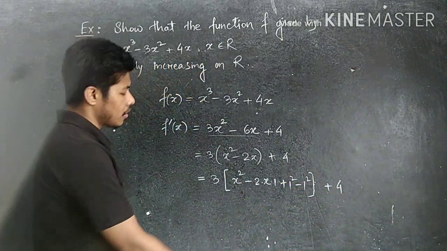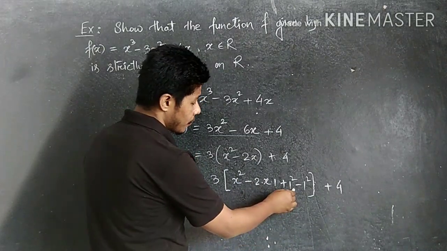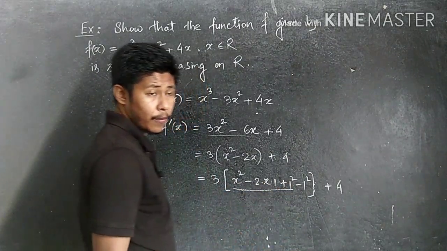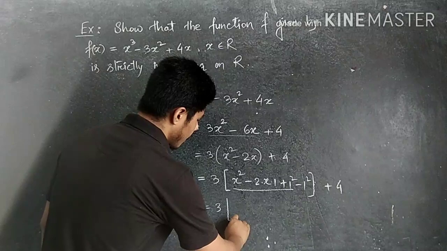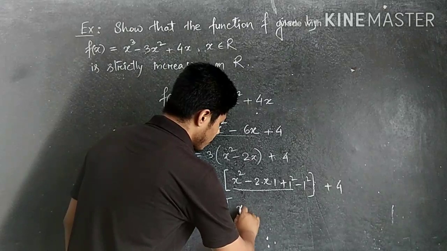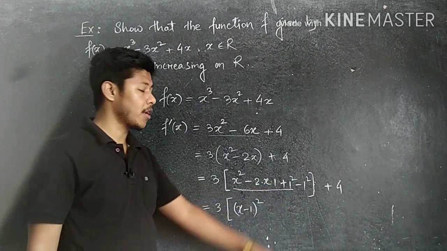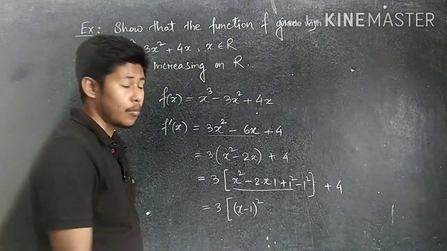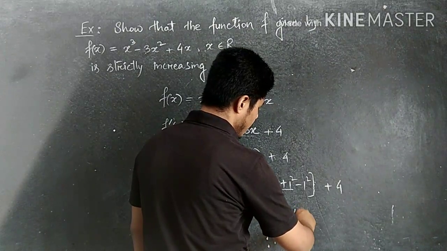So now in this case it is of the form, now you see here, a square minus twice ab plus b square. So if you see this part, x square minus twice ab plus b square form. So in place of this underlined part, what can we write here? X minus 1 whole square we can write. X minus 1 whole square, is it not? So it is of the form a minus b whole square. So x minus 1 whole square, and what will remain here? Minus 1 square means minus 1 remains here, and then this one is plus 4.